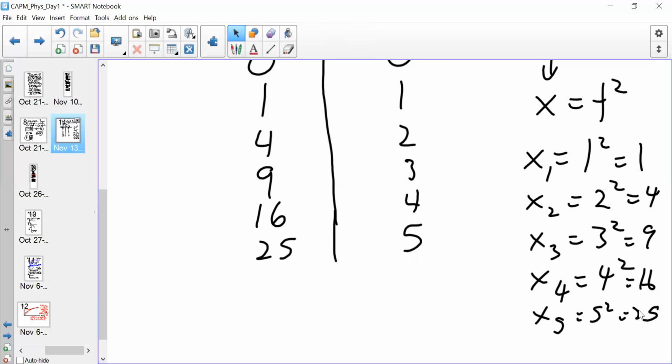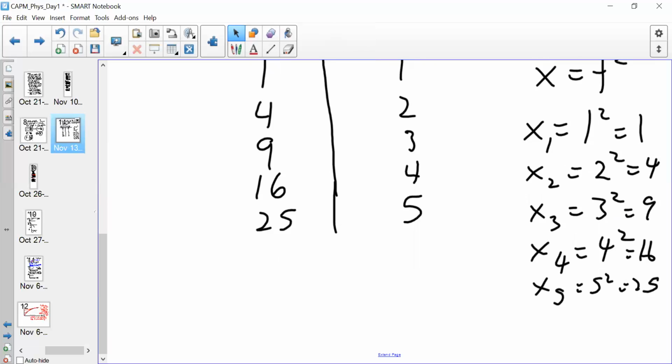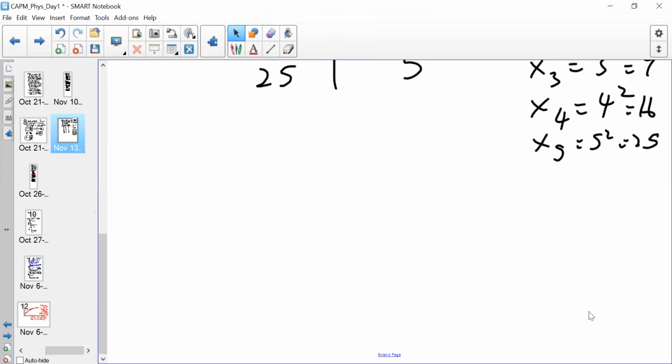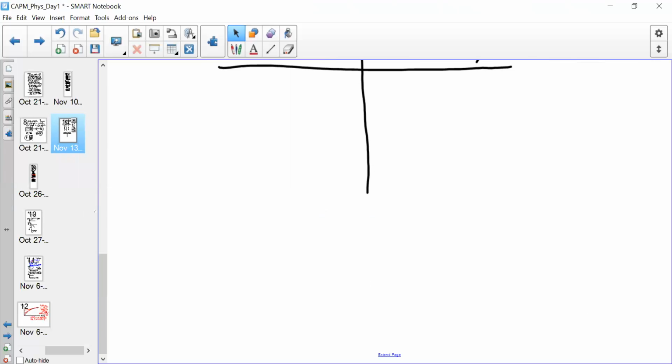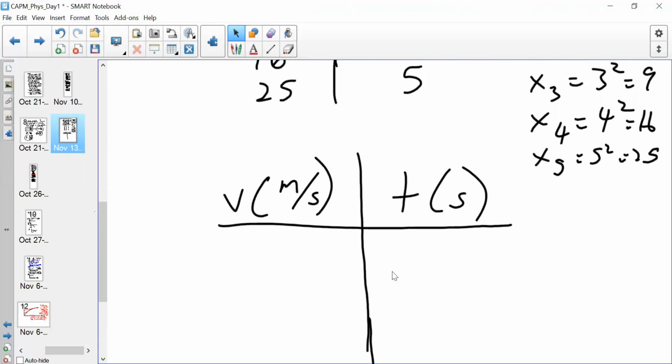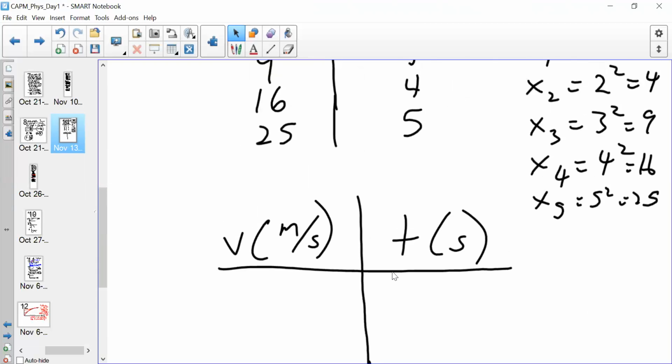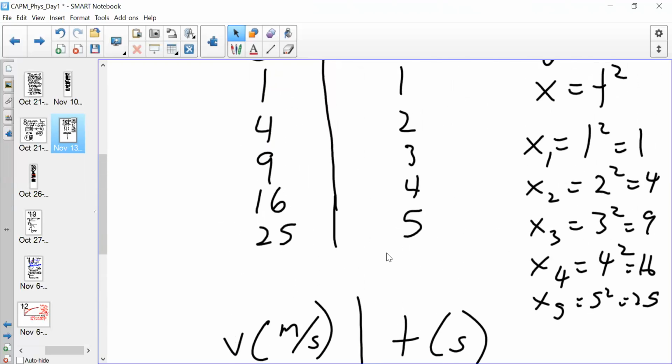Right, and so on. And then from there, we know that by definition, if I want to get my velocity values, I need to take the slopes at each of those moments. Velocity is measured in meters per second. Time in seconds. So I know that my velocity is going to be increasing from 0 to large. We've seen the situation for this,